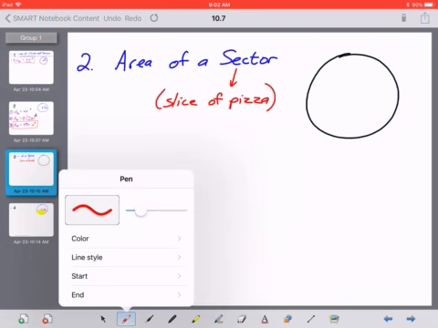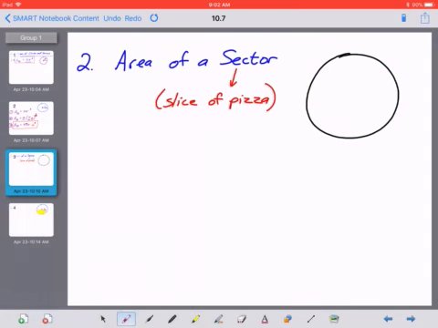Now, the second thing we have to talk about within this section, other than just the area of a circle itself, is the area of what's called a sector. A quick way to think about a sector would simply be a slice of pizza or a piece of pie. So a sector is formed here by drawing not just one radius, but another radius right there next to it. And when we do that, we then end up with this shaded region right over here,